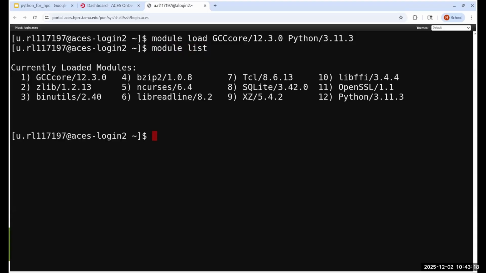So I type module list, and I can see that I now have a stack of software. And the bottom of the stack in position 1 is GCC core. And at the top of the stack is Python 3.11.3. And in the middle, there is a whole bunch of other related dependencies. So you might ask, Richard, if Python depends on all of these things, why did I only have to specify one tool chain? And that is because